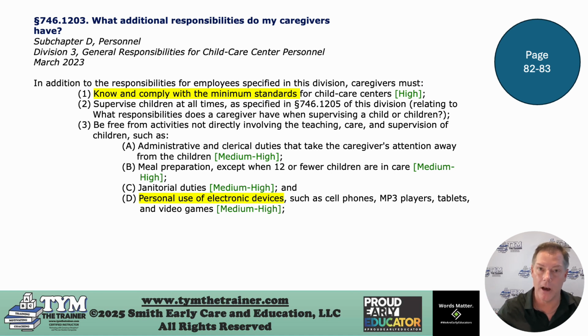That includes parents calling and wanting to talk to their child's teacher. If a parent calls and wants to talk to their child's teacher, that teacher needs to be relieved of their duties, relieved of ratio expectations, while they're on the phone with that parent. Meal preparation. If you're a cook, you can't prepare food for the entire school while supervising a group of children. Janitorial duties. Now, with janitorial duties, if you are cleaning up after lunch or snack,